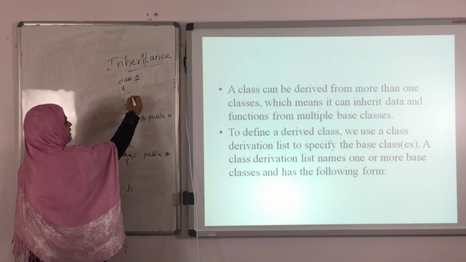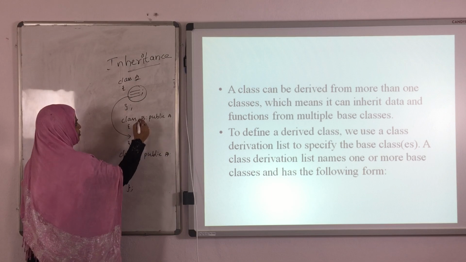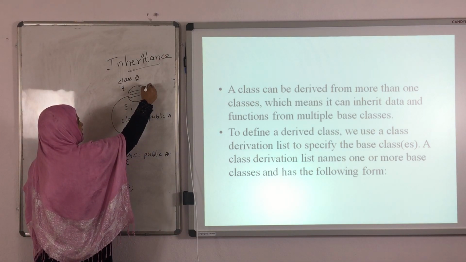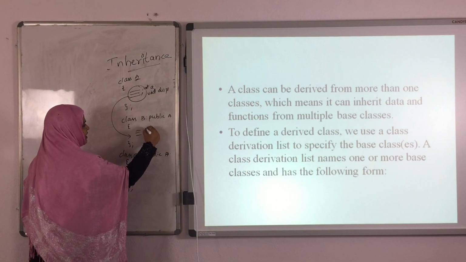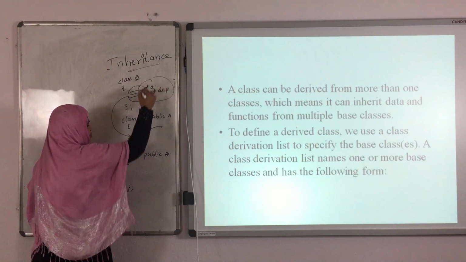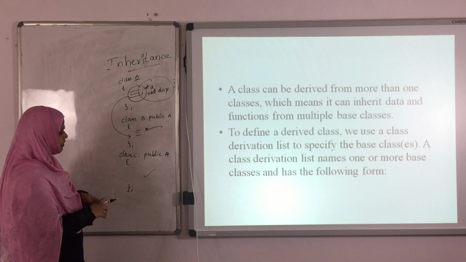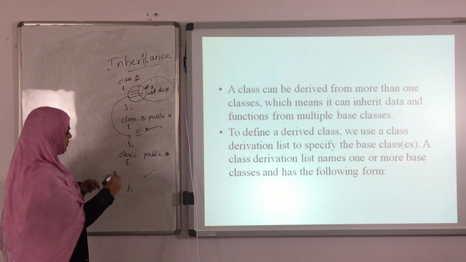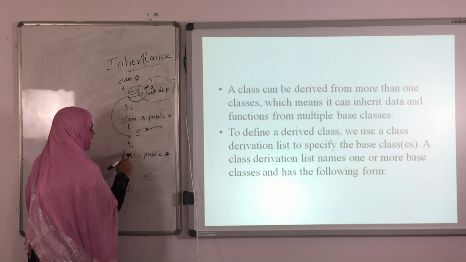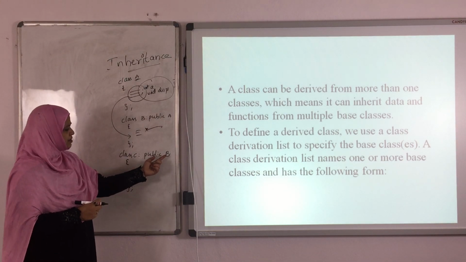See here, whatever the data members are declared here, they are going to be inherited here also. For example, int A is there, void display is there, they are going to be used here also, right? Here, the same two are going to be used. And for a single chain here, class B is there, public A, class C is there. Instead of A, we can use this B also.